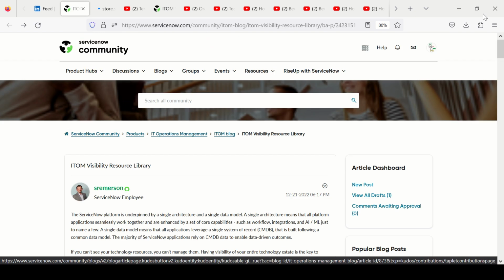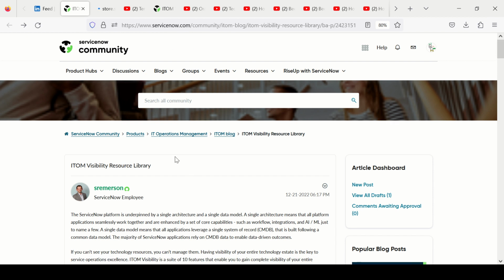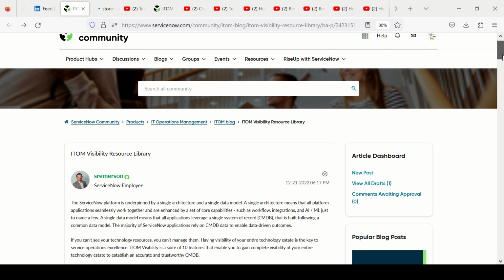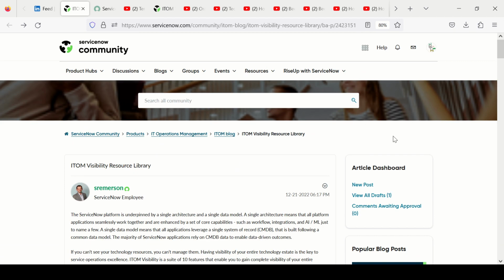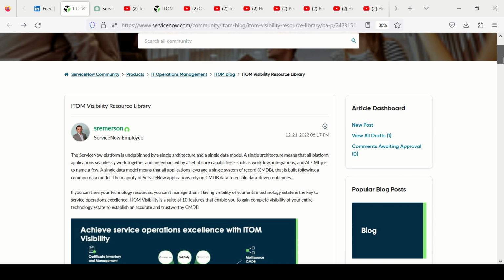And see that it's a single, so yeah, it's a very useful community link, I would say, which has everything in one place. Right, so we should really appreciate Steve for putting this together, and